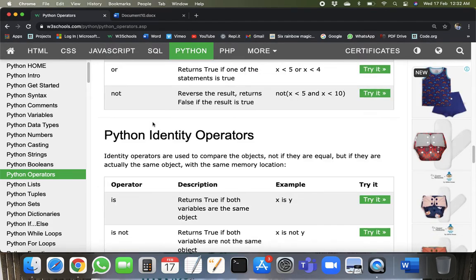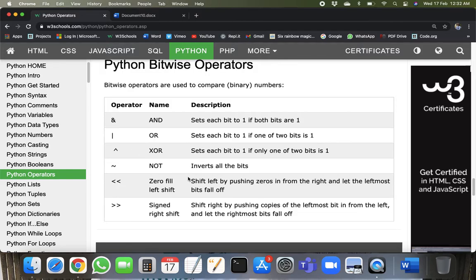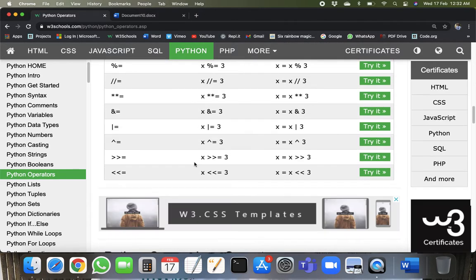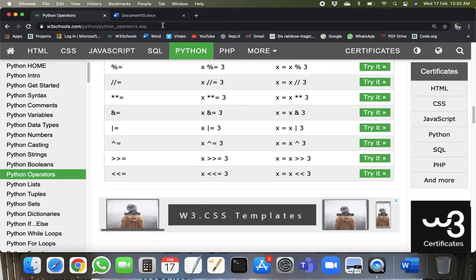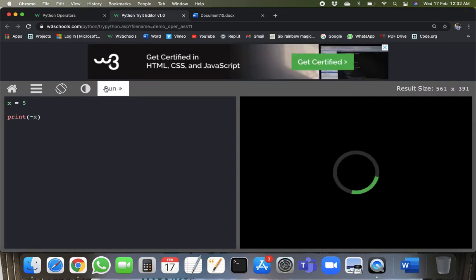Now let's move on to NOT. It just inverts all the bits. What NOT does, I'll just show you. I'll open any example, like I have this. If I do X, if I do not X, we have to use it like this. If I do not X, it will come